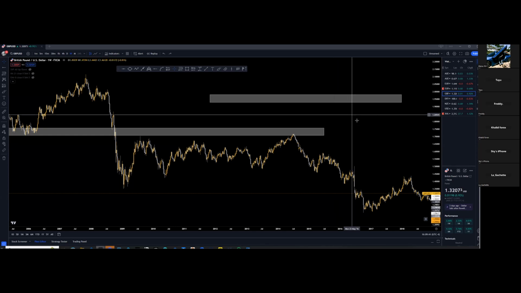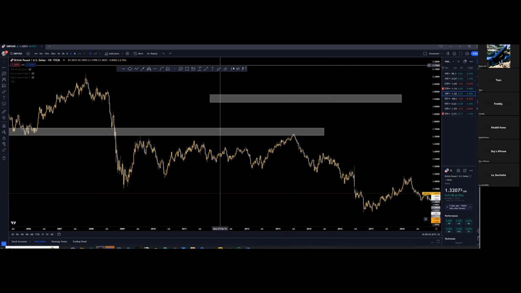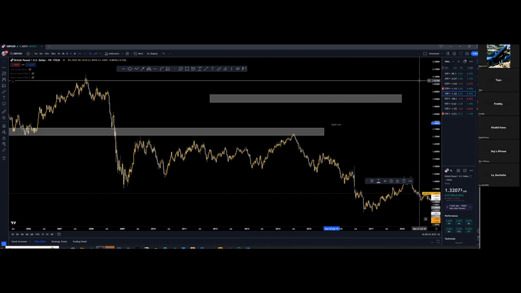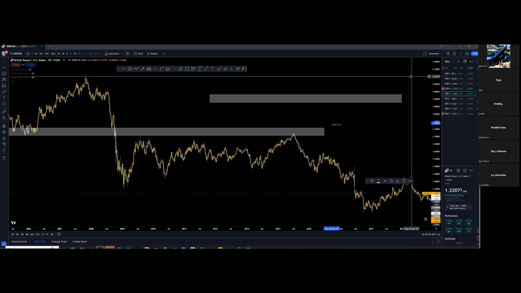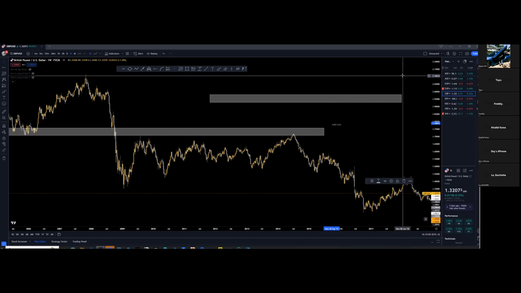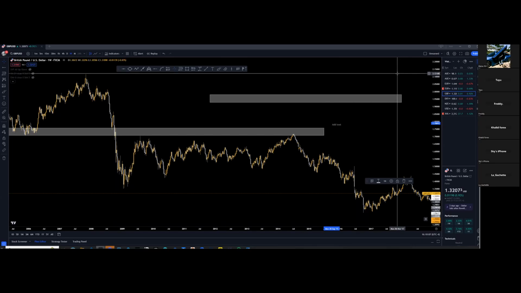So the next thing we're going to learn are the different movements when it comes to demand and supply. We have a couple of movements. We have 4 different types of demand and supply situations. 2 of them are continuations and 2 of them are reversals. So to learn about a continuation, we have what is called,